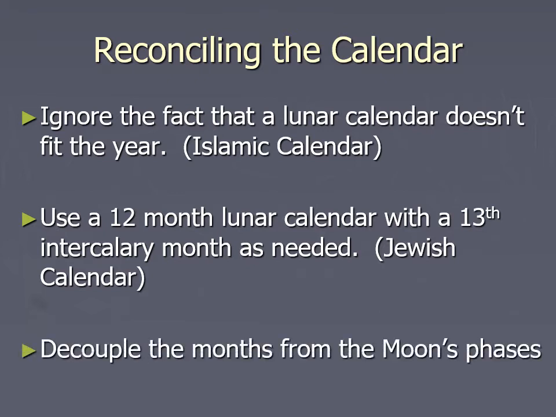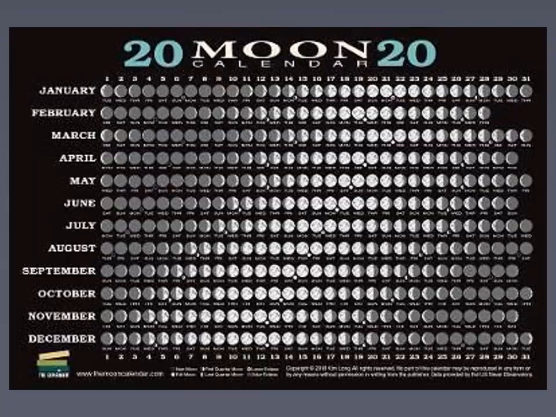An alternative way of doing it is what the Romans did, and that is they just decoupled the months from the moon's phases. And you notice that our calendar that we're using today does not actually follow the moon's phases. When we talked about lunar phases, you noticed that they gradually shifted. The phases weren't always at the same time of each month. So the calendar here that's commonly used throughout most of the world for 2020, we kind of start the year with the